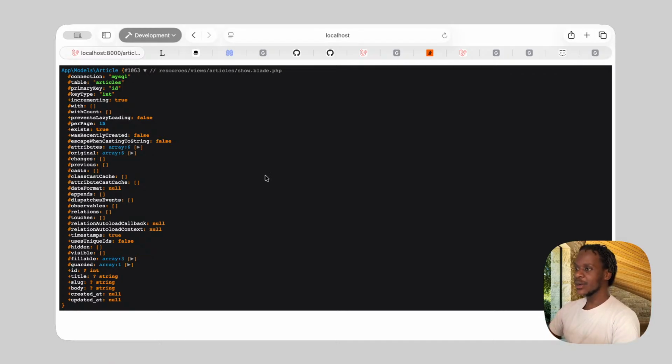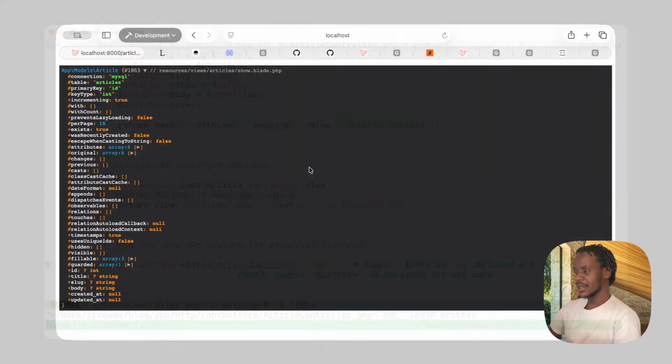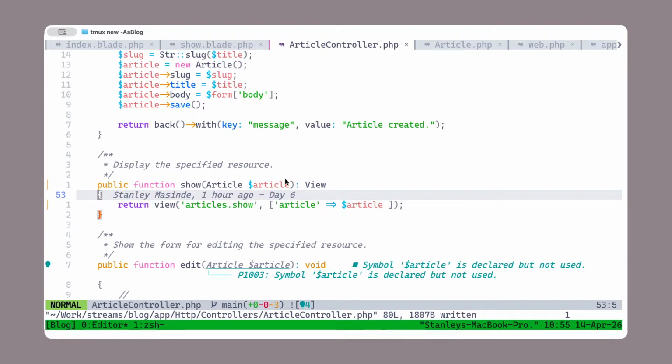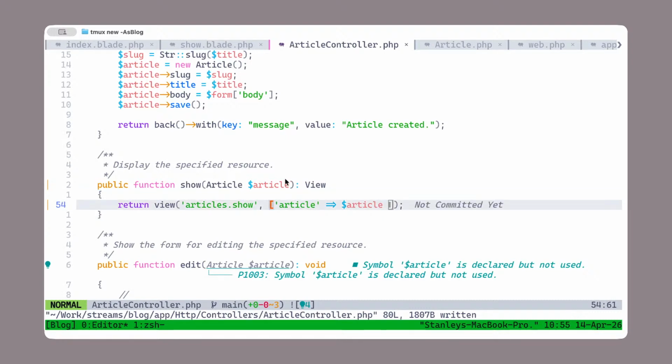Why is it not automatically serializing my thing? I'm just crazy, but I'm just gonna go with the flow. And this is scary because